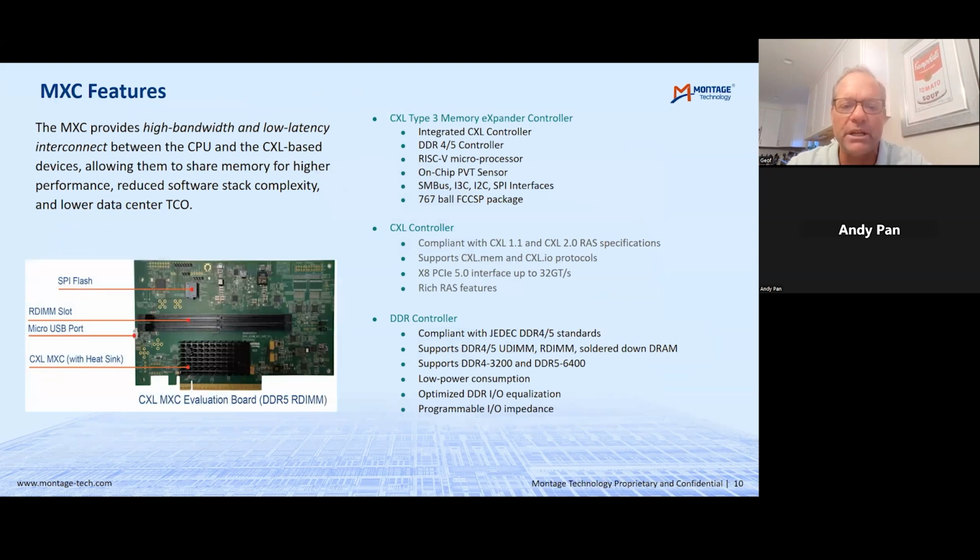This is a little bit more information on the EVB that you can get from us. Again, you can get a DDR4 version or a DDR5 version. This allows you to really start playing with CXL today. You can play with the existing memory modules that you have today from Samsung, Micron, or Hynix, or even Kingston, from a DDR4 or DDR5 perspective. You can use RDIMMs, you can use UDIMMs. As long as you've ordered the right EVB, you can do various work from